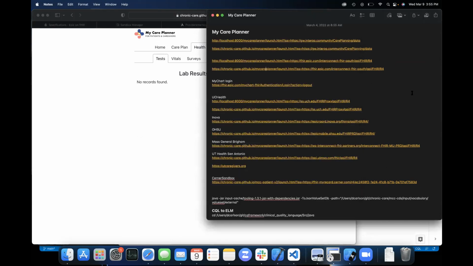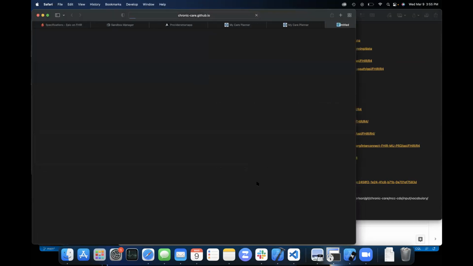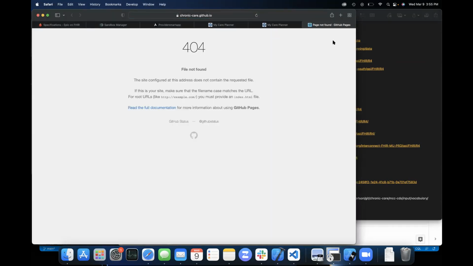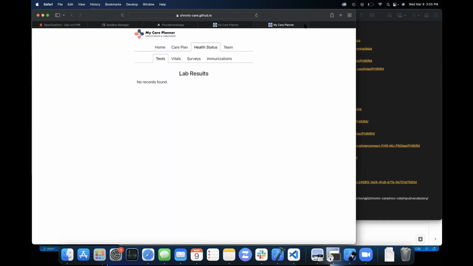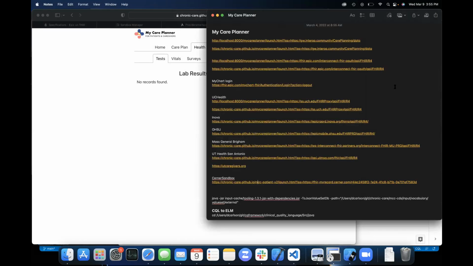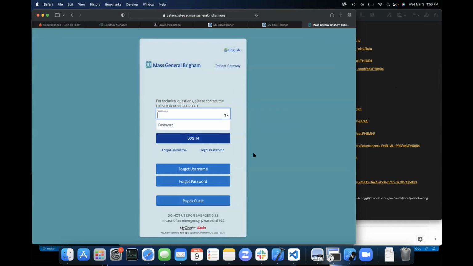I haven't tested the Cerner connection in a long time, and something is not active there. I'll have to re-verify that, but I have tested the same application successfully against the Cerner FHIR sandbox. The same application is also able to connect to any of 350 Epic endpoints currently for testing. So if you are a patient of Mass General Brigham, you could launch and run the exact same application right now against your medical records at Mass General.